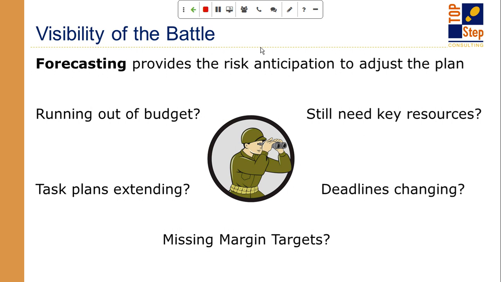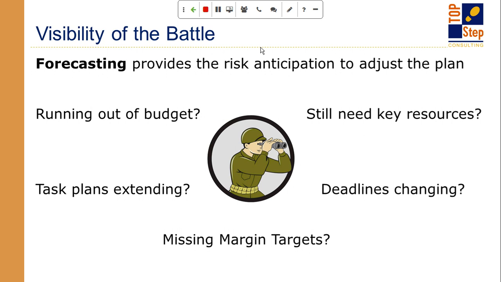And then finally, are you missing your margin targets? That's a big one for services organizations in general. You certainly want to keep the customer happy. You want to stay on track with targets and timelines. You want to make sure you have good staff. But at the end of the day, from a business perspective, you also have to make sure that you're delivering within a cost budget or a margin target that you have for the project, because that's how the whole scope came to be. Not what needs to be delivered, but how can we deliver that in a profitable way so that it benefits both the customer and the company.